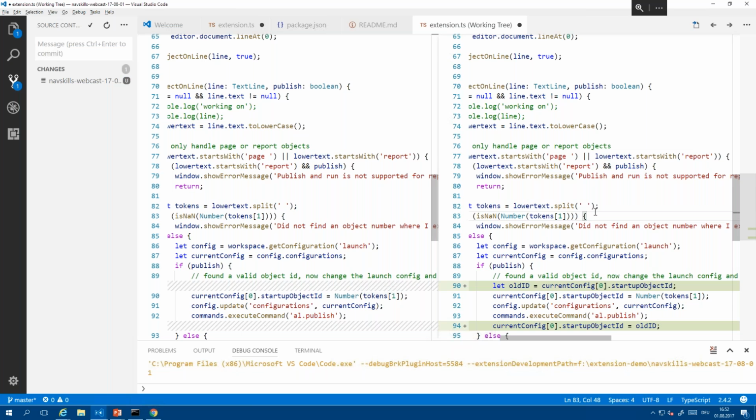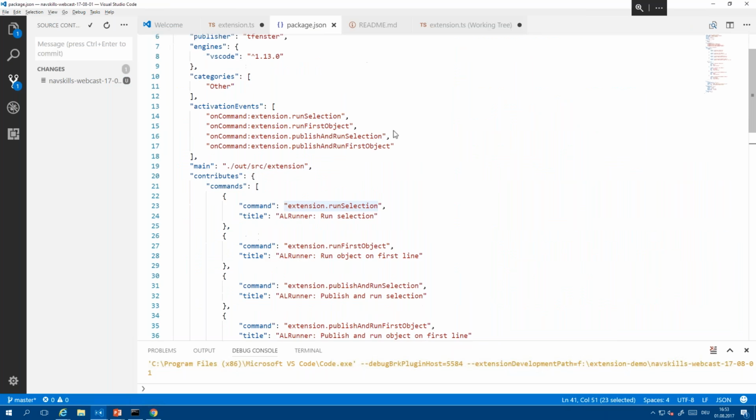Is there anything that you have to keep in mind if you want to also support Mac? Well, first of all, I think we should mention that writing AL code is not yet supported on the Mac, so it's kind of weird to do it. But maybe you want to do something different. Exactly.